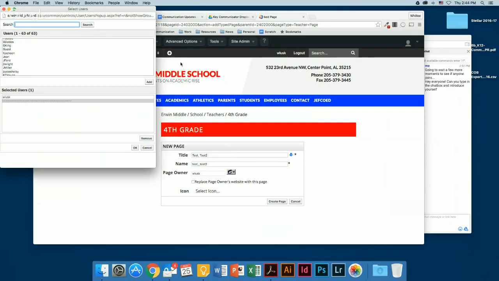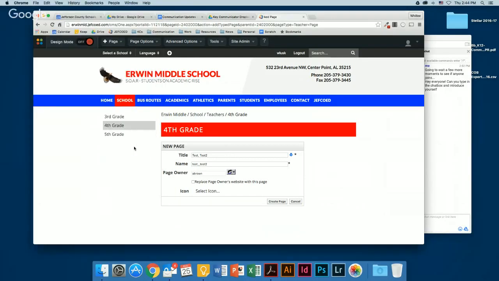You can always go back after you've created the page and make them page owner, but because of how it was initially set up, it's not going to go back and revert that contact me form. So that's the pros and cons. Just want to give y'all all the details so you can make the best decision. So then, like if this was A. Brown's page, I would hit A. Brown, hit OK, and it takes me off.